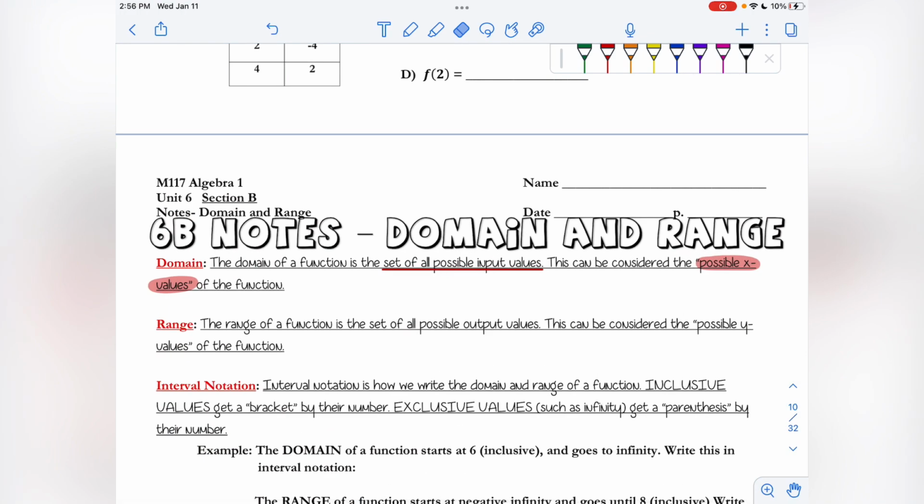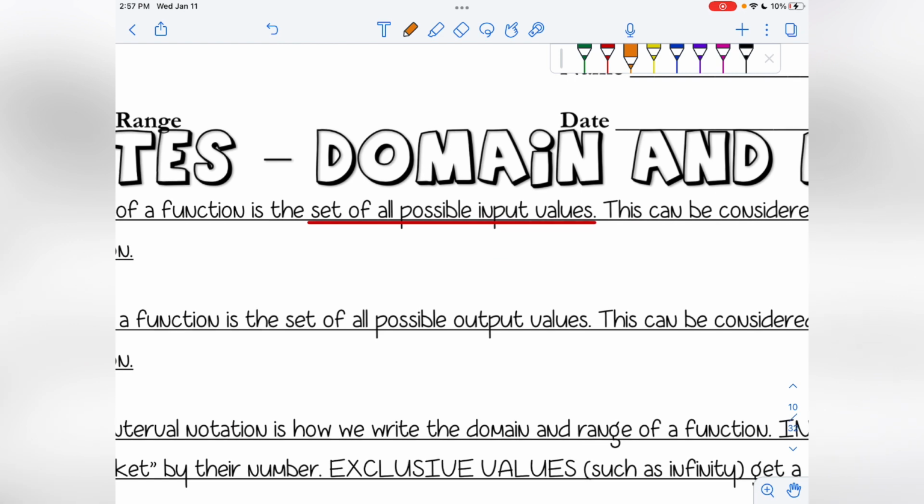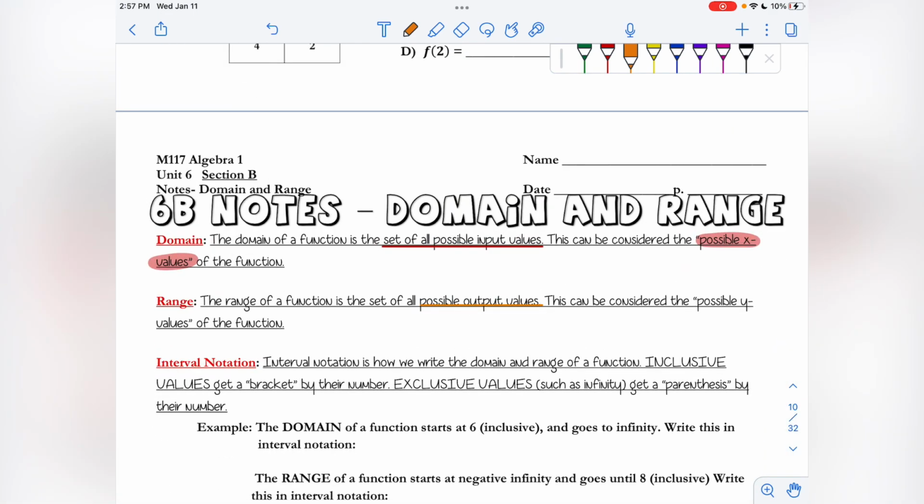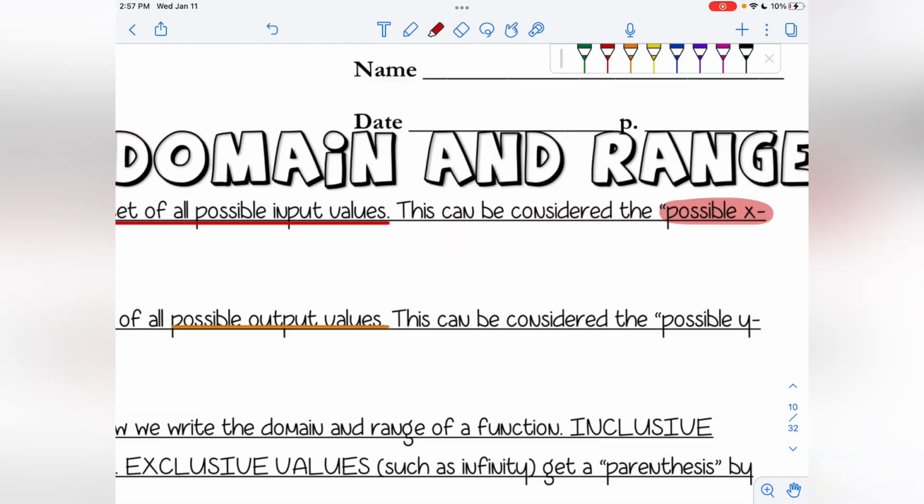The range is all of the possible y values. So this one is the possible output. With functions, we plug in numbers. Those are inputs. The answer is our output. It's what we get out. So the range is all of the possible answers I can get. So for example,